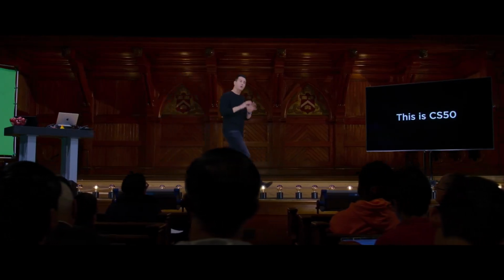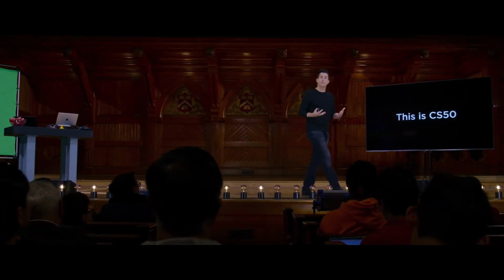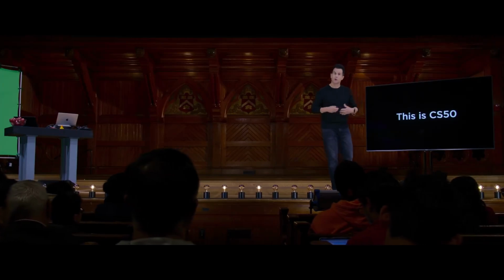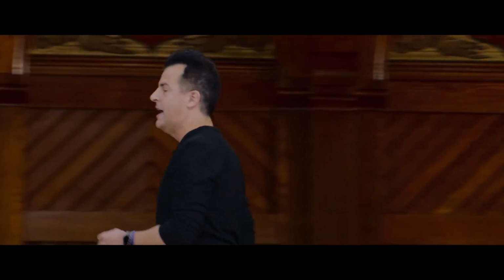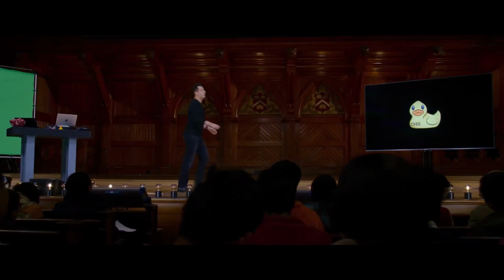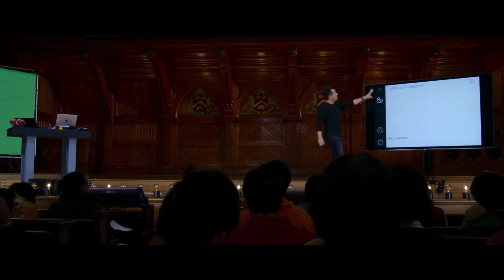Now, as CS50 students also know, we virtualized that rubber duck over the past few years, and most recently in the form of this guy here. So in students' programming environment within CS50, a tool called Visual Studio Code at a URL of cs50.dev, they have a virtual rubber duck available to them at all times. And early on, in the very first version of this rubber duck, it was a chat window that looked like this.